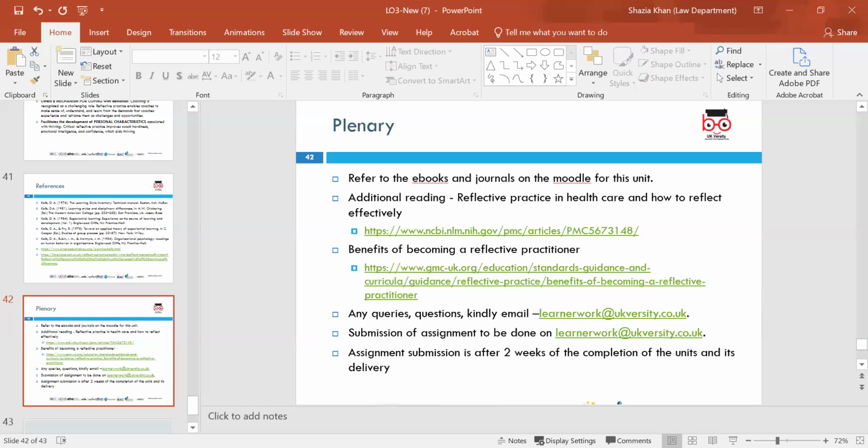The next session is learning outcome 4, which is tomorrow's session, where we'll be looking at understanding how to plan our own personal and professional development in health and social care, and why that's so important: what personal development is, why we should plan it and how we should plan it. That is the final learning outcome before the assignment discussion. Has anyone got any questions before we finish the session?